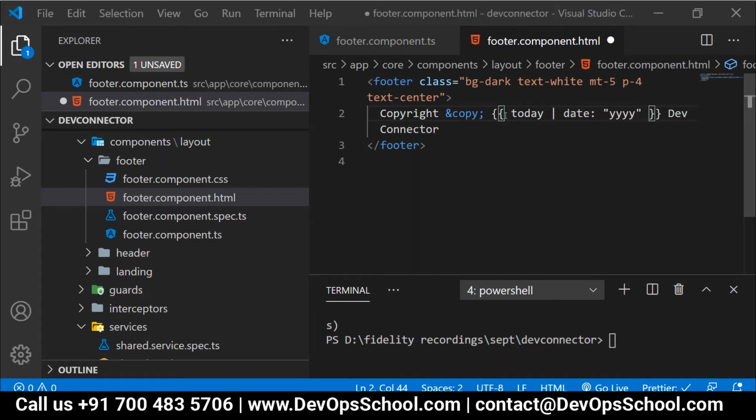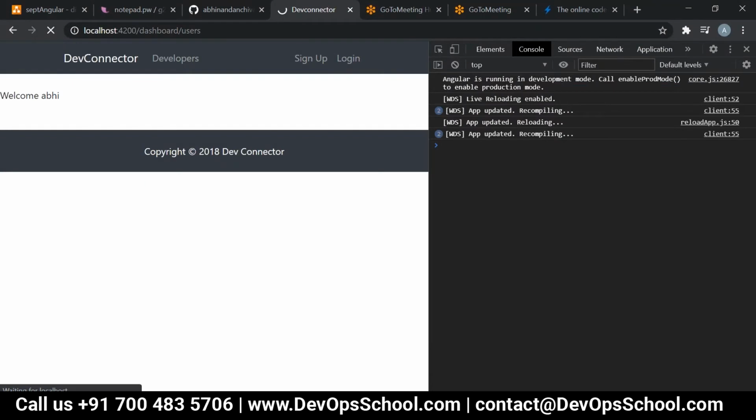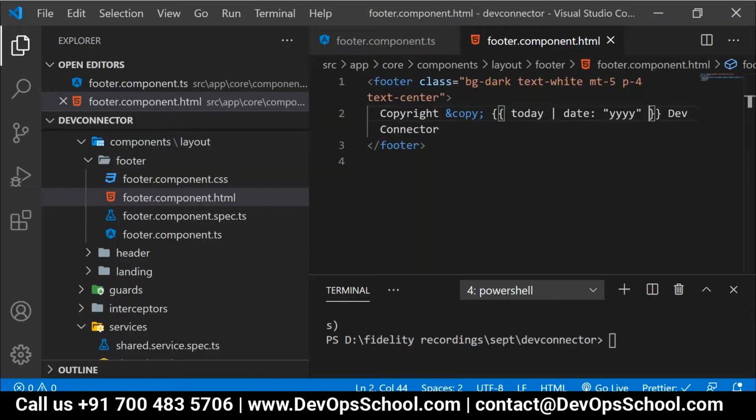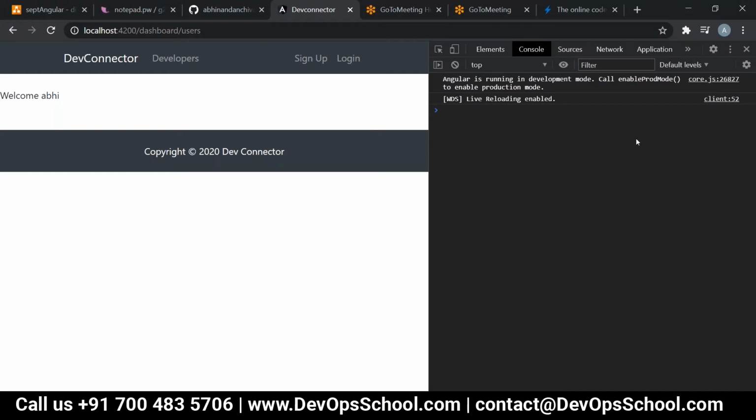So now people have a look over the UI. People, is it showing 2020 now? How come? Here what we did, with the help of this pipe, we are informing that from this date, you please retrieve only the year. Like this, as and when required, or as per your requirement, what you can do,